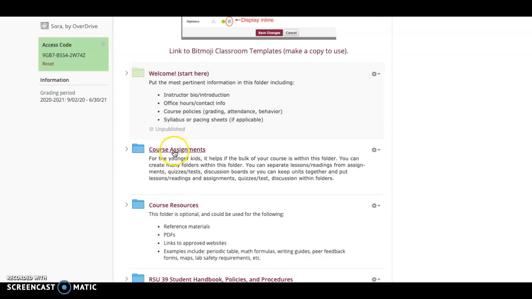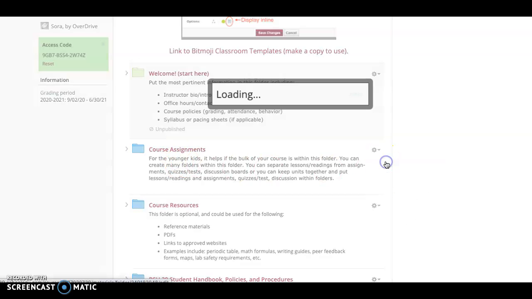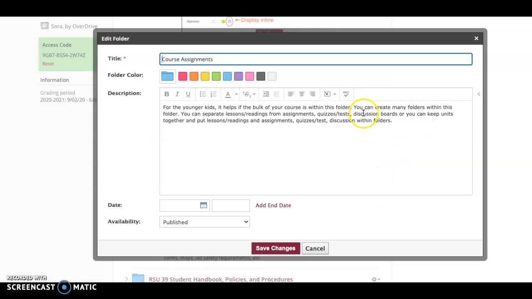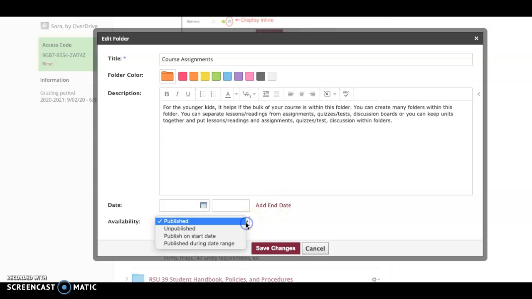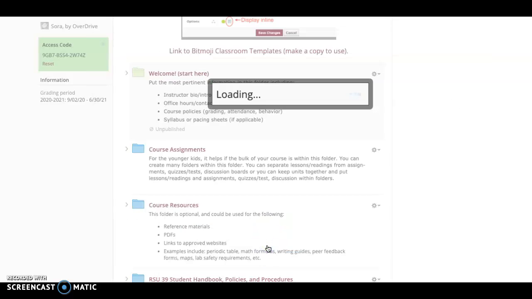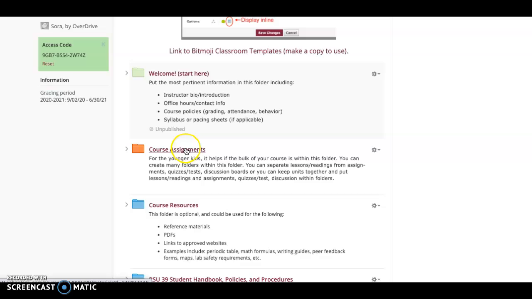Then the big bulk of content here is within this course assignments folder. So again, to edit this actual folder, I would click on the gear over there. I'd delete all of this because that's just kind of instructional content. Maybe I want to change this one to orange. I might want to add some dates for the trimester, maybe not. Again, I can change the publishing date. And then within there,